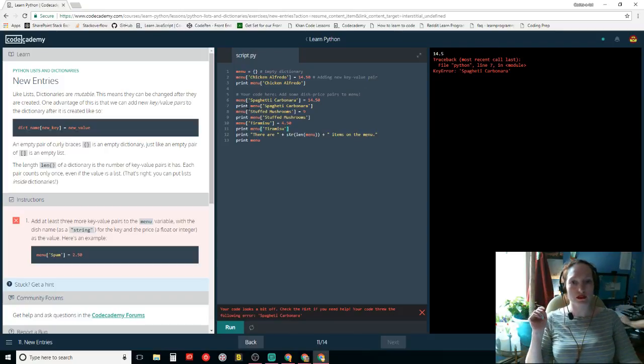Line 7, key error, print menu. What am I missing here?